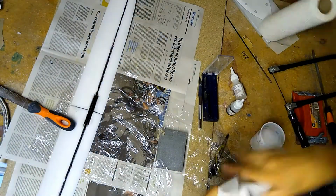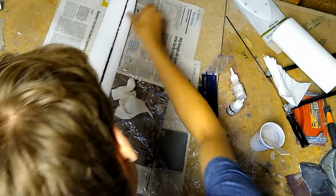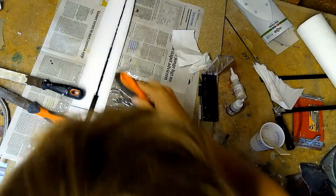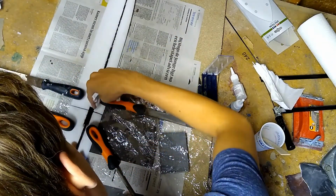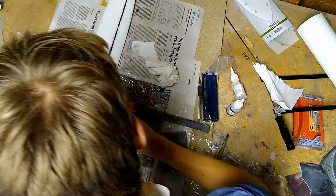Okay, take some paper, wipe off the excess epoxy. You won't want epoxy everywhere. Push the wing halves together once more. Get something heavy, put it on both sides to really stick it down. Now we take the paper one last time, wipe off the excess on top, push this down in there, make sure there's enough epoxy between the joints,